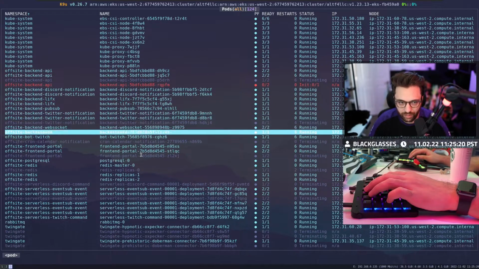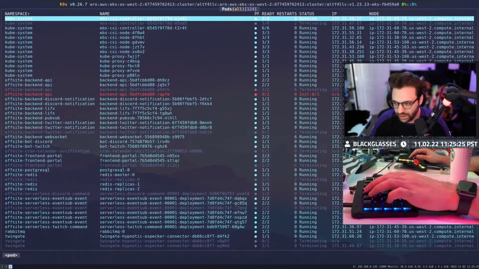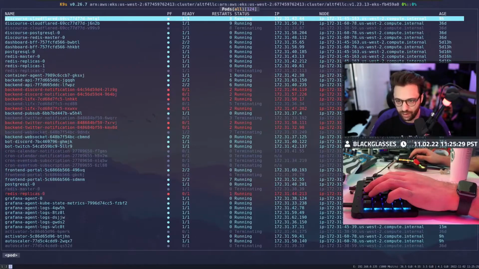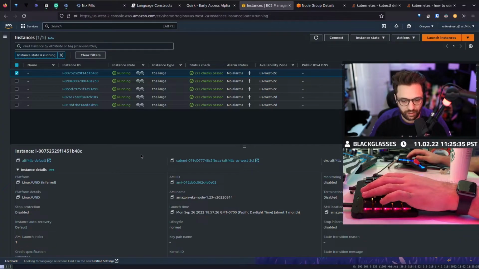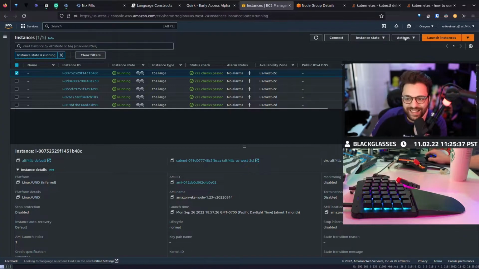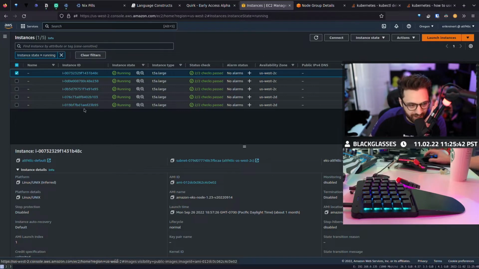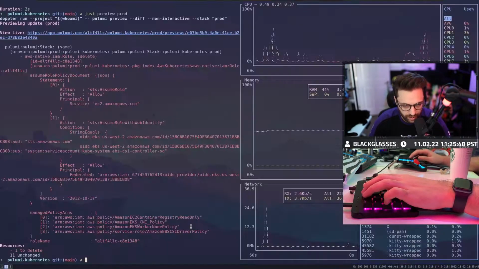Should we give this a few more seconds? What's interesting is it looks like everything has rebalanced itself out for the most part. It's just 59 that is kaput. Yeah, it looks like 59 is just kaput. I think I can do this. Let's just give it a shot, chat. Whatever happens, happens. Okay, so is this 59 though? I want to make sure I'm not deleting the wrong node. 172.31.38.59.